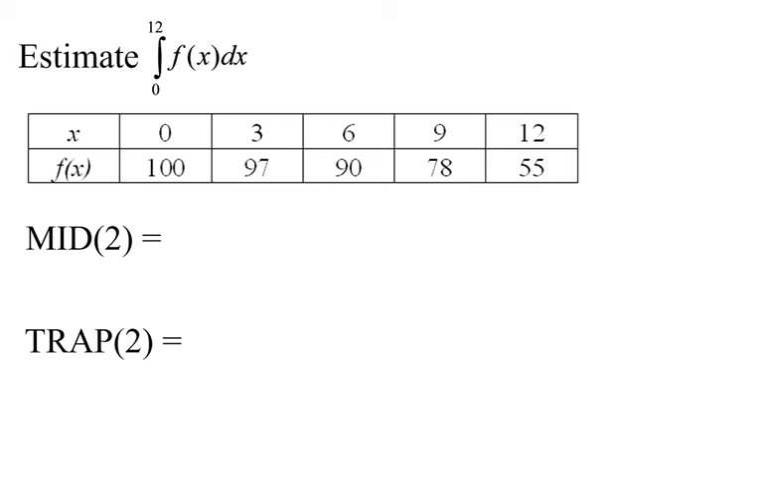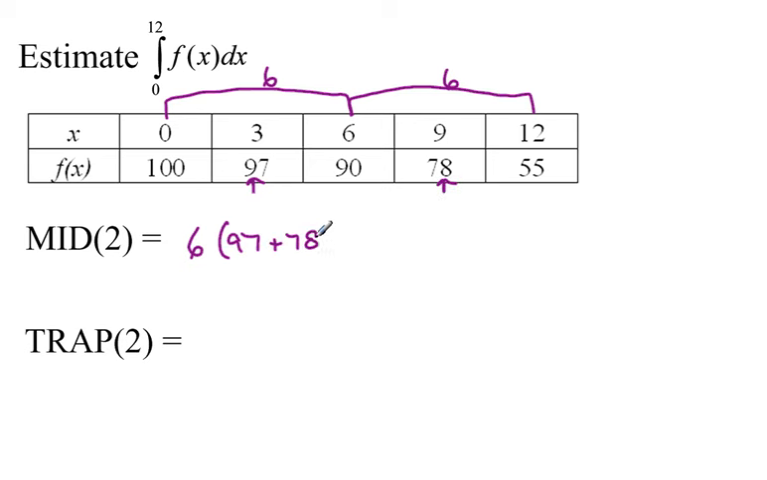All right, here's another example where we're already given the table and we're asked to do midpoint of 2 and trap of 2. So let's take a look at this one. If we're making two rectangles, I'm going to just sketch in what these would be. We can see that our width is going to be 6 in each case. So if I'm doing midpoint, my delta x is 6, and my heights are these middle values right here, 97 and 78. So I've done two rectangles and a quick throw in the calculator,